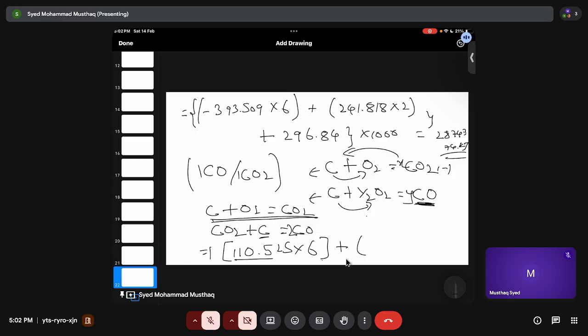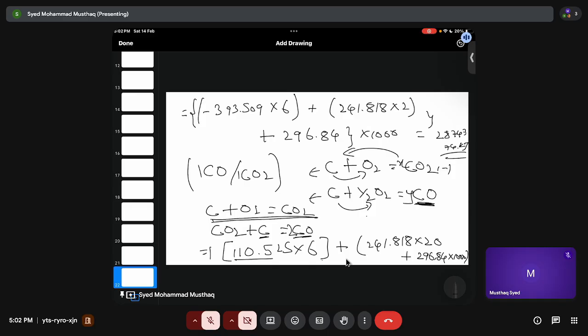So the amount of carbon will give you the amount of CO. So 110.525 into 6 plus into 60 plus, what about this one, 241.818 into 20 plus 296.84 into,